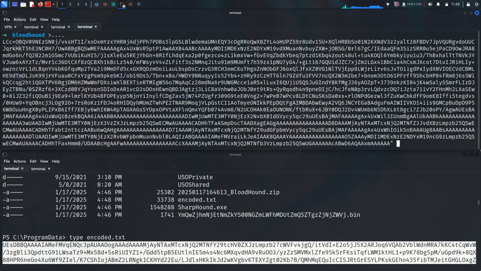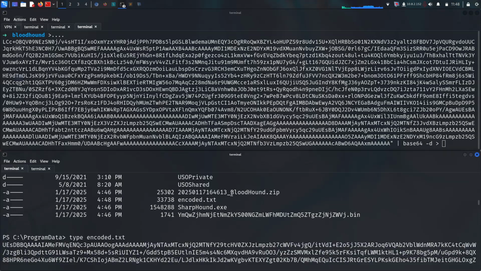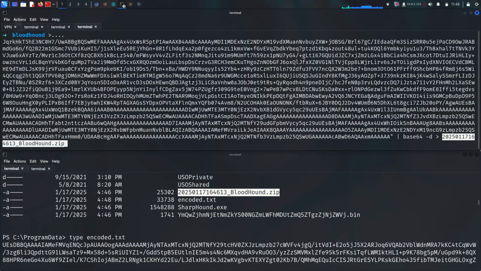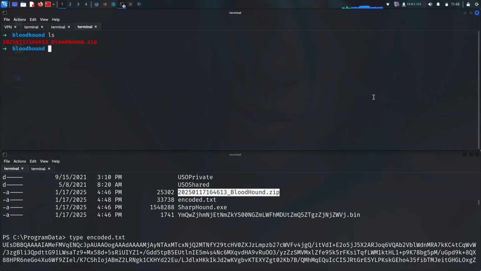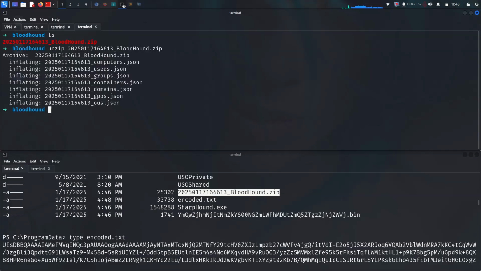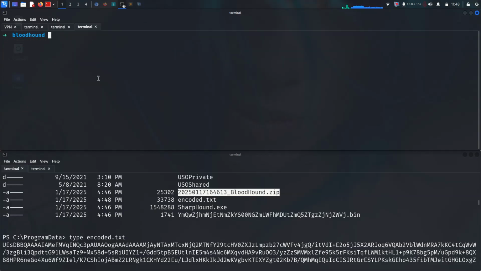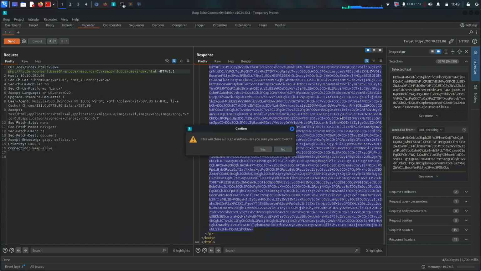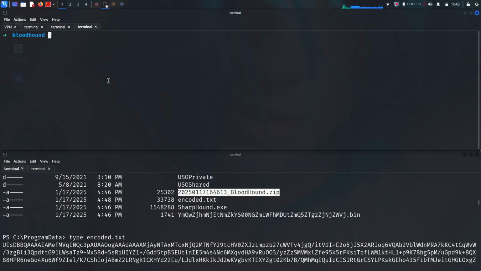Then decode it with base64 -d, giving the bloodhound data. Right, that's here. So you got it here. We are getting here bloodhound.zip. Let me unzip it, and we are getting all the JSON files, which is cool. Then let me close this Burp Suite and start here